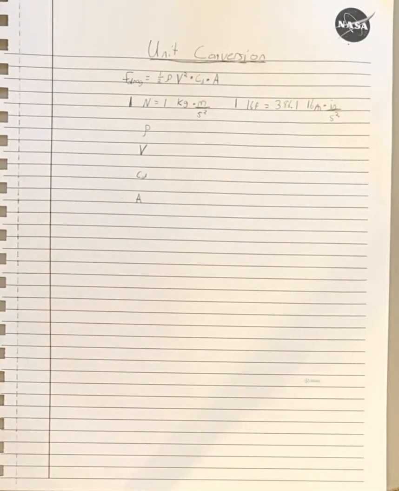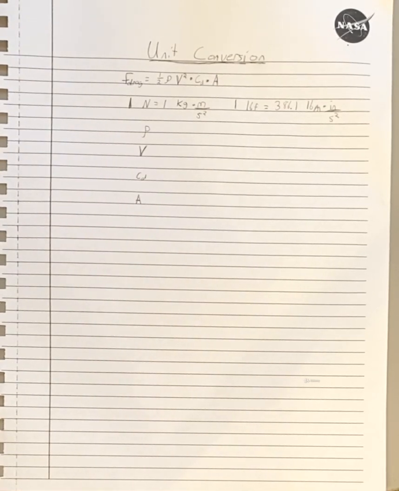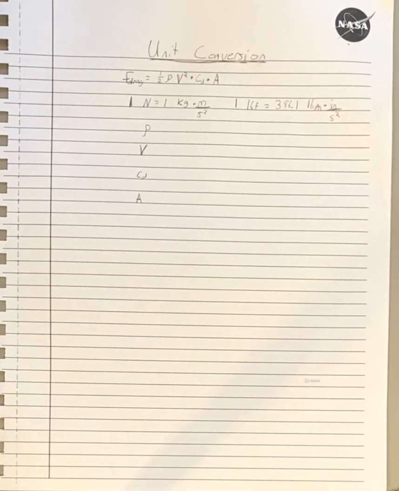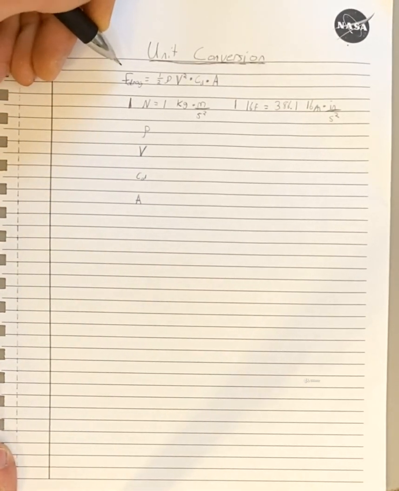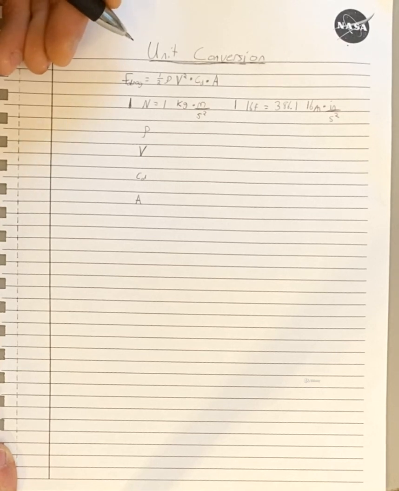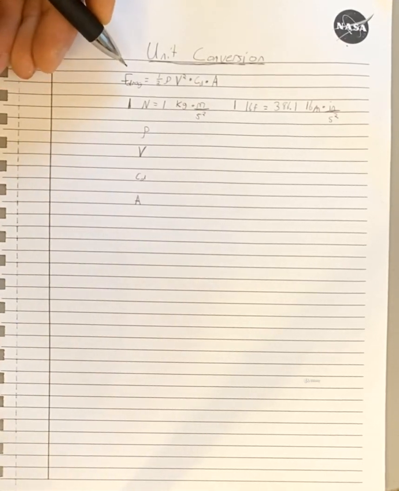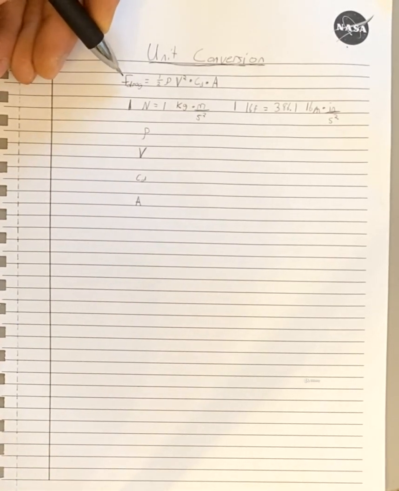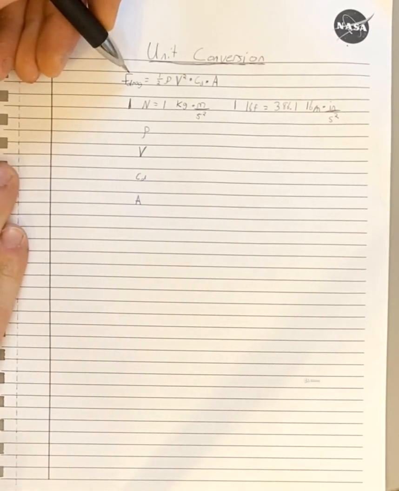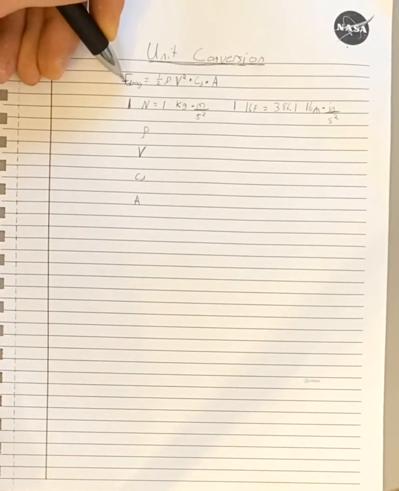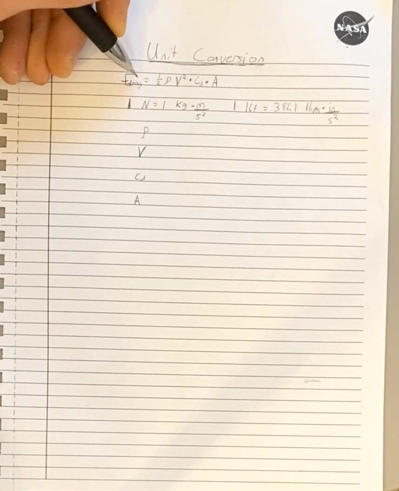All right, team, I'm giving just a quick example here on how to do unit conversions in both metric and imperial units using the example of drag force based on a question I got from the students. So I started with just writing out the equation for drag force here, showing that the drag force total is